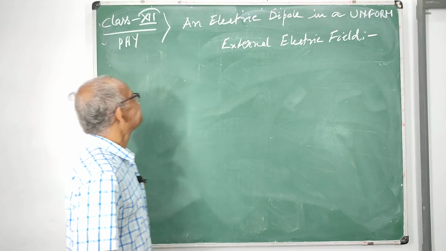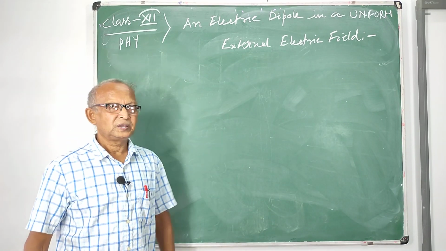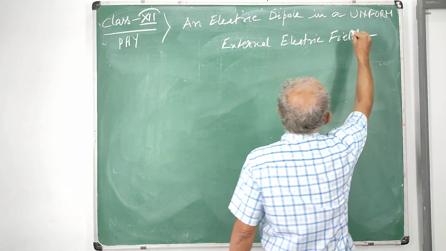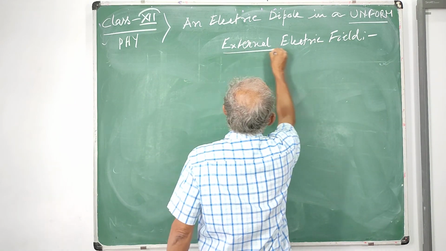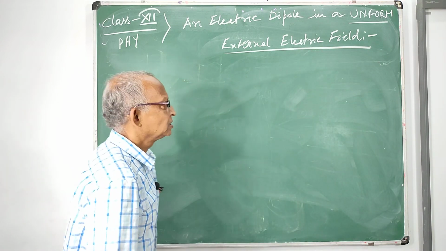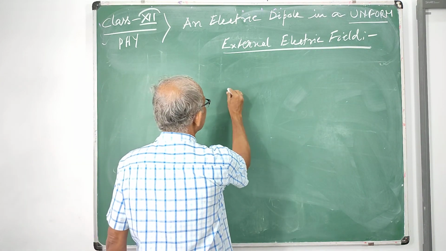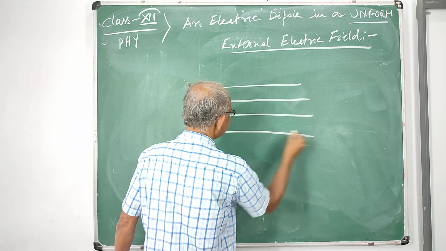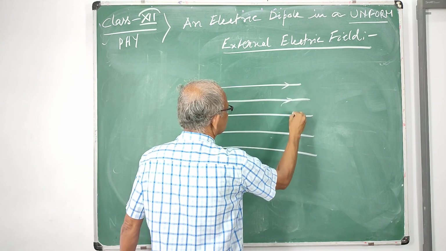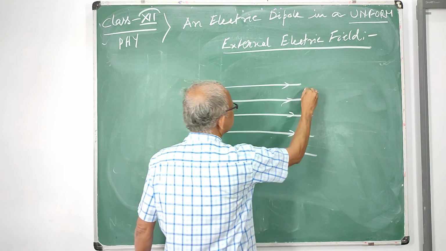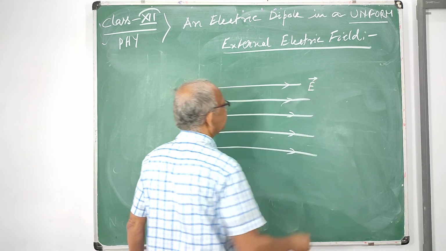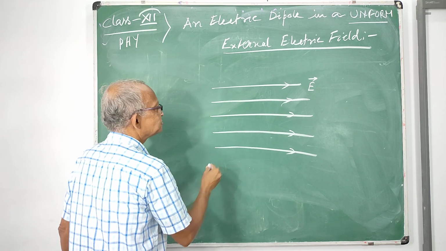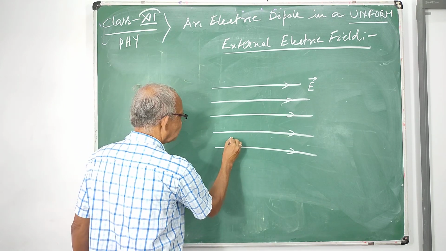Today's topic is an electric dipole in a uniform external electric field. Pay attention to the words uniform external electric field. So, consider the uniform electric field is rightwards. This represents the electric field. Consider it is rightward. Now let us consider an electric dipole